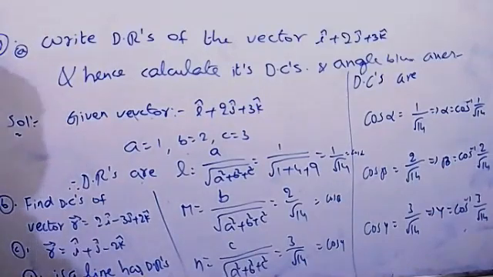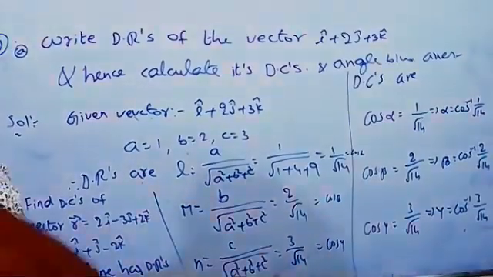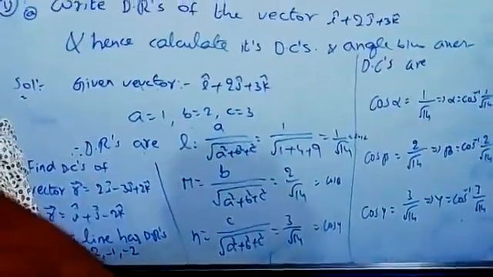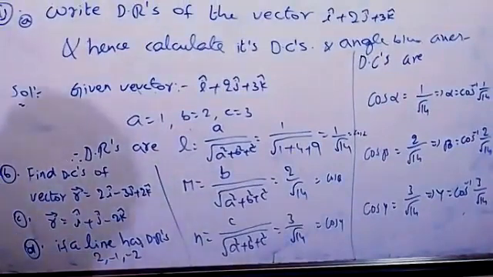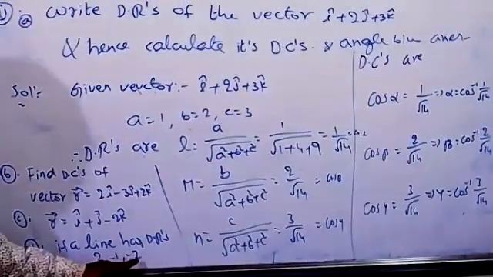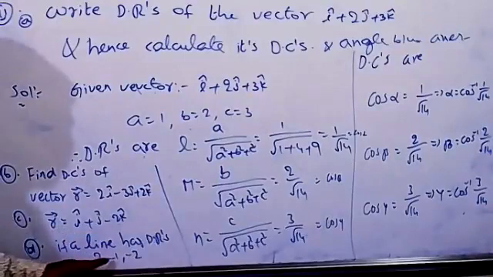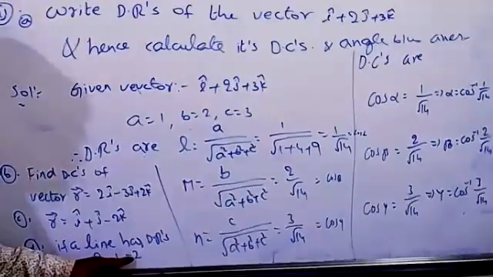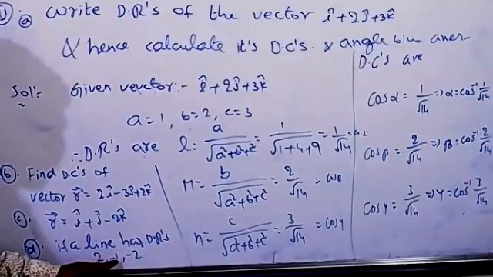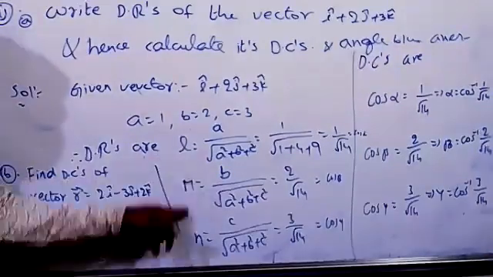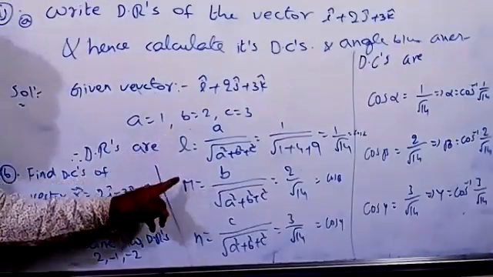Okay, the three questions. Once you can try yourself that. But here also don't get any confusion. These three are the values of A, B, C. Here 2 comma minus 1 comma minus 2. Now if your line has direction ratios 2 comma minus 1 comma minus 2, value of A, value of B, value of C. The same procedure again. Find the value of L, M, N.